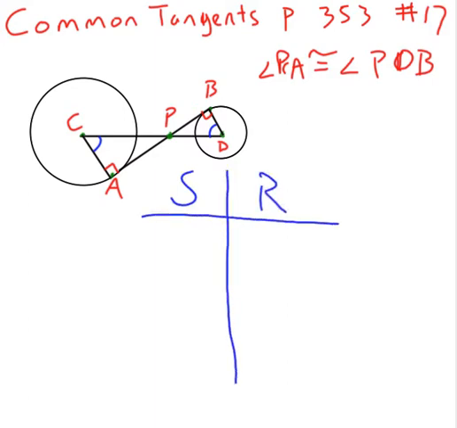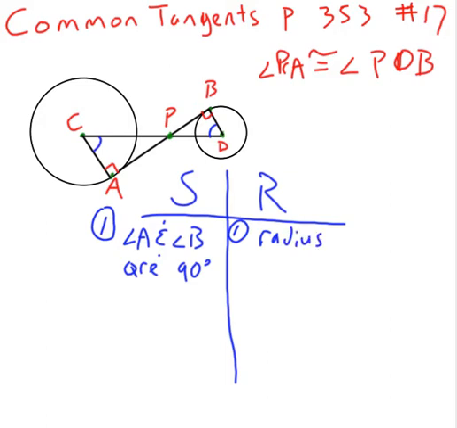Statement, reasons. Number 1, let's start by looking at the fact that we just drew right angles. Well, what let us do that? That's because a radius and a tangent form right angles. So we can say that angle A and angle B are 90 degrees. Why? Because it is a